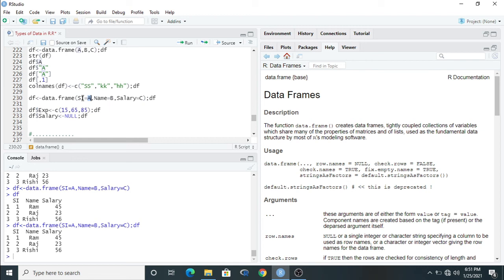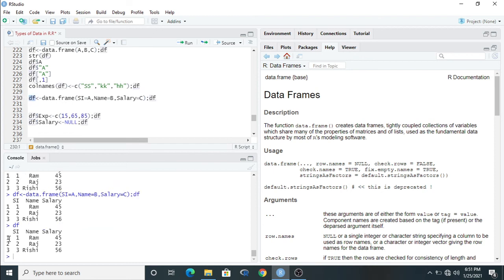A data frame basically has a number of rows and columns, and it is basically used from a column point of view. So we can add an additional column. Just run this and we find there are only 3 columns. If you want to add an additional column, just use the $ sign and the name of the column which you want to add.